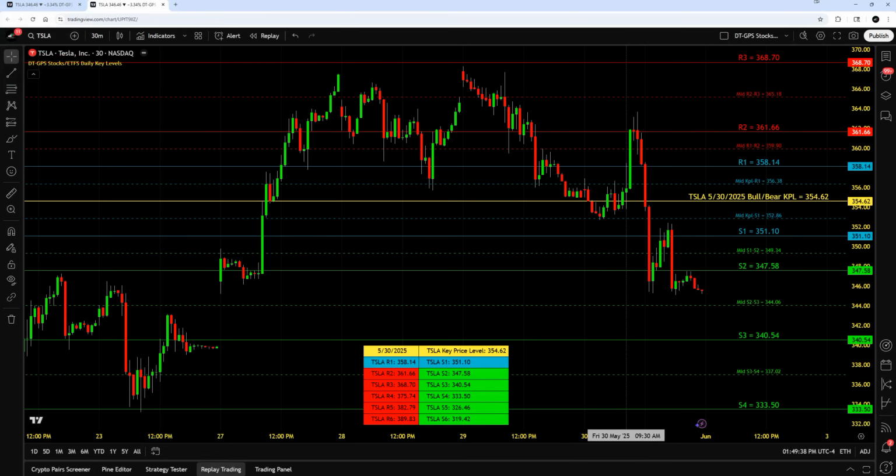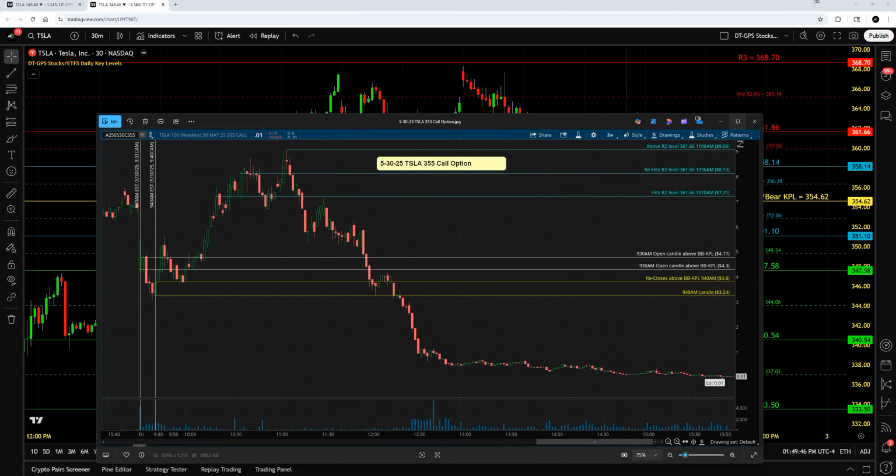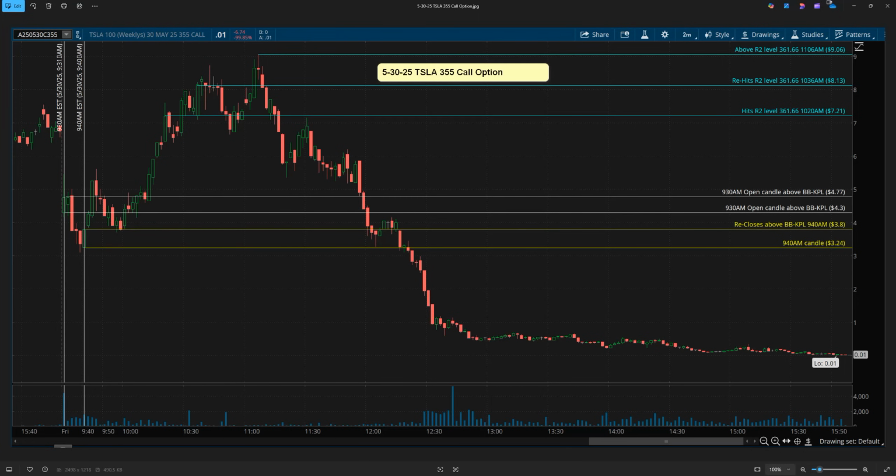Now, I'll go to a screenshot of these various options. This is the 355 call option. I've got it marked off here, the 9:30 to 9:31 candle. So this would have been the initial candle that opened above. As you can see, the entry was anywhere from $4.30 to $4.77, and then we have the 9:40 candle here,